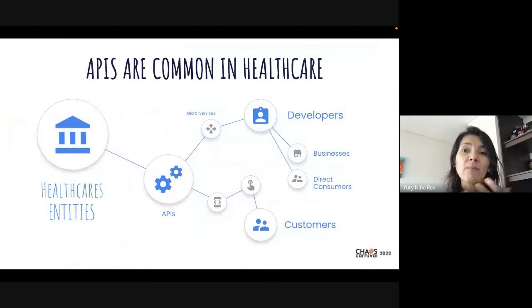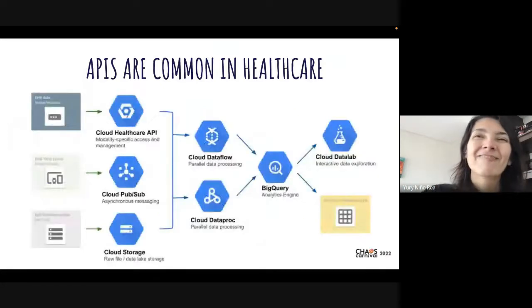So I would like to talk about all the possibilities that we have to observe the chaos in these architectures. However, time is short. I am going to share one common architecture to face the interoperability challenge. As you see, we have a lot of entities interacting: healthcare organizations, developers, business stakeholders, direct consumers, third-party consumer applications, and microservices with a lot of diversity. So you can see there are many points of failure.